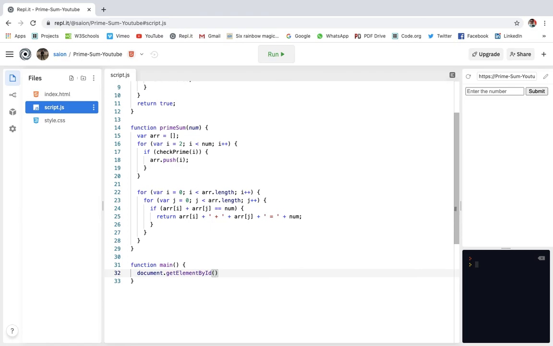Okay, so getElementById result dot innerHTML is equals to prime sum, document dot getElementById num, over here dot value.